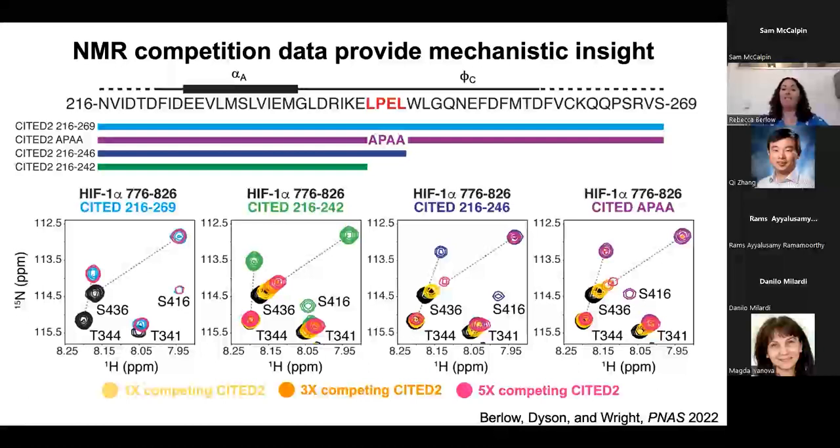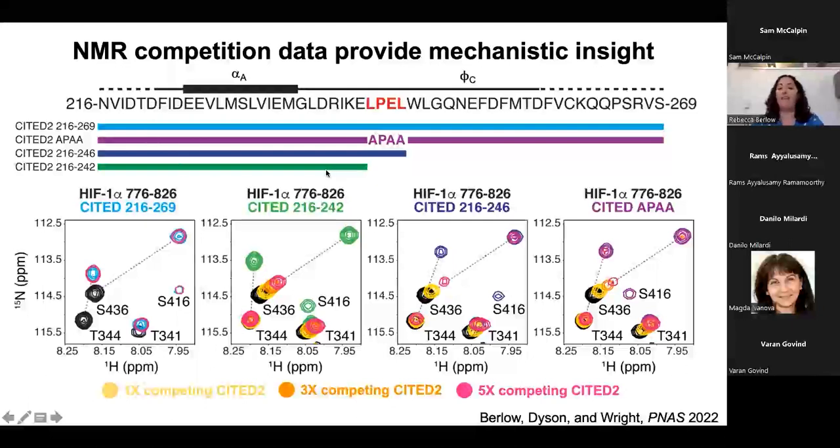And what we observe is that we actually see some commonalities between the titrations. The commonality is that the pattern of chemical shift changes we see from the HIF-bound state to the CITED-bound state is actually conserved between all of these different peptides. And that conservation of chemical shift behavior tells us that there is likely something similar between all of these. And if we look just at this diagram or schematic of all the different peptides that we're working with, the only thing that all of these constructs have in common is this N-terminal alpha A containing region.